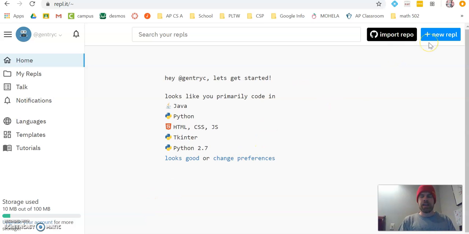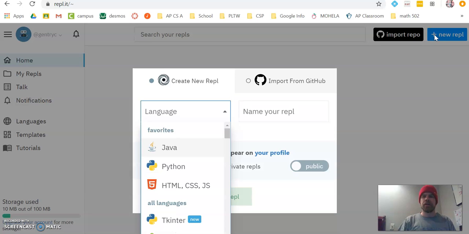Okay, so you can see that I am at repl.it, the website. You can make projects in any language on this website. We're going to try and do some Python real quick here. So you're going to click the blue button at the top right that says New REPL. We're going to go to Python